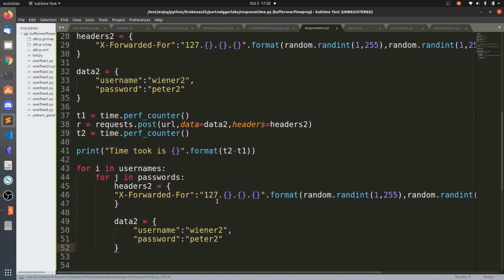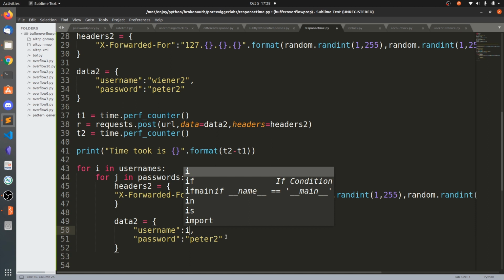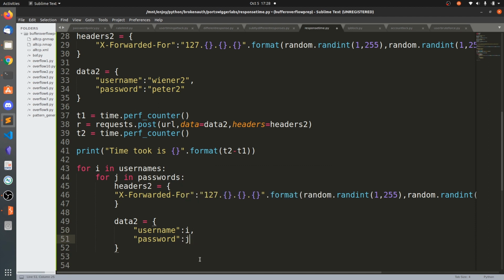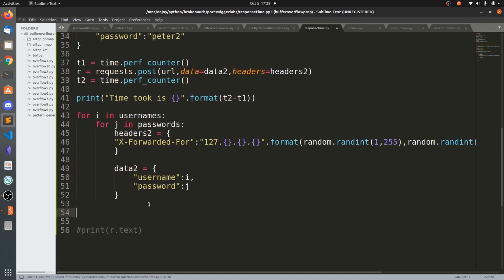So we got the randomized IP address, and we just need to change this to username equals I and password equals J. R equals requests.post of URL, comma, the same data2 and headers2.